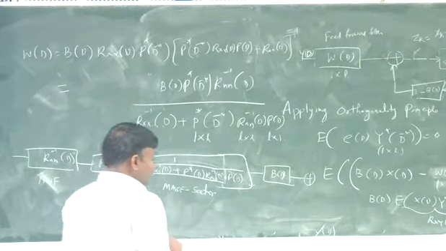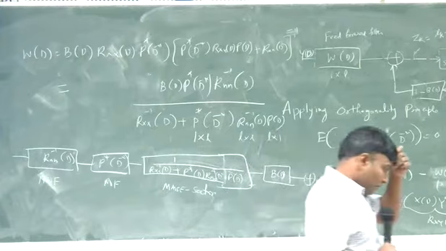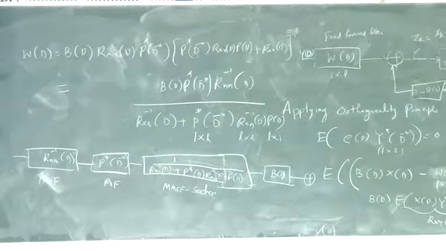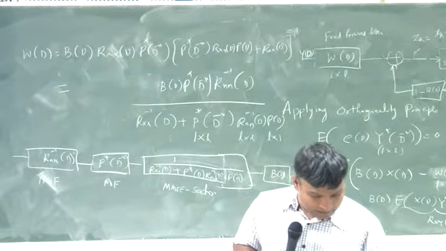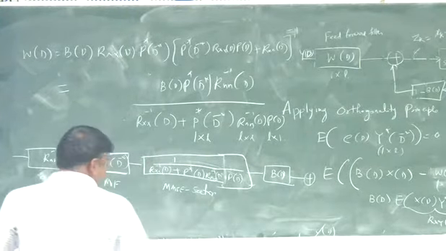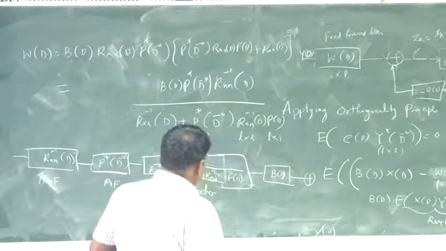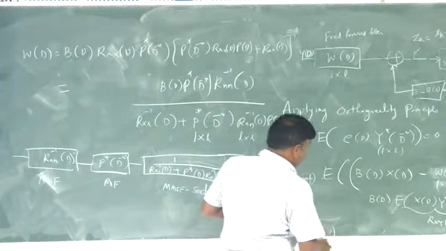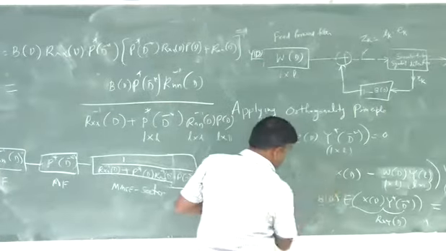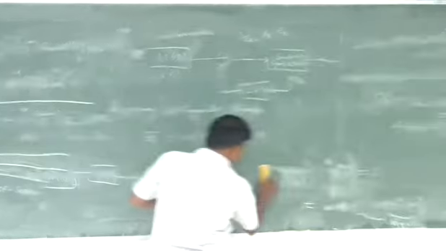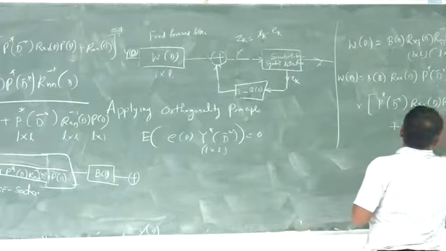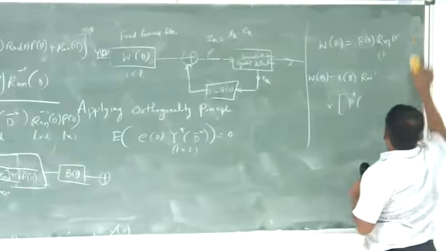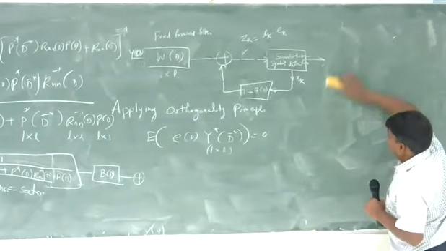Okay, so we have not yet solved the entire problem because we don't know what B of D is. We have to solve for B of D, and then we have to solve for the minimum mean square error. Now we are going to invoke one of the most important results in estimation theory, what is called scalar spectrum factorization, that you will encounter in estimation and detection. This is indeed an estimation and detection problem, so it is quite natural to encounter this spectrum factorization.